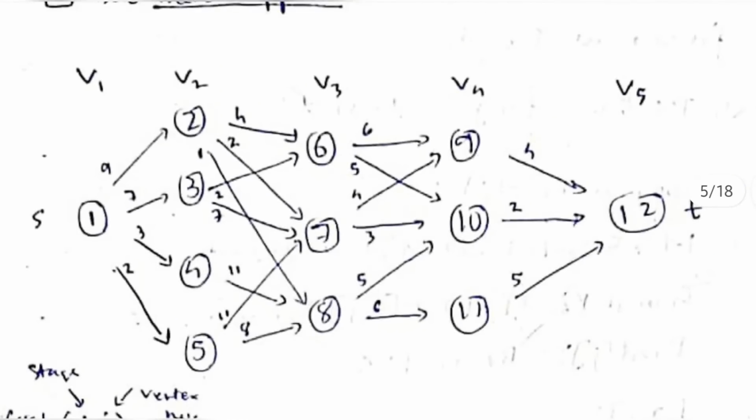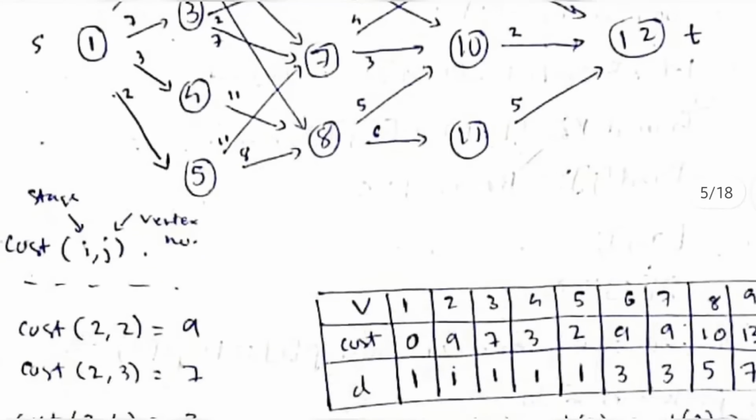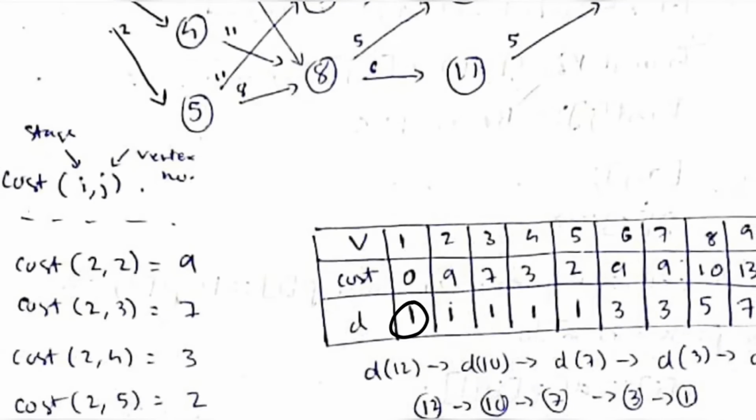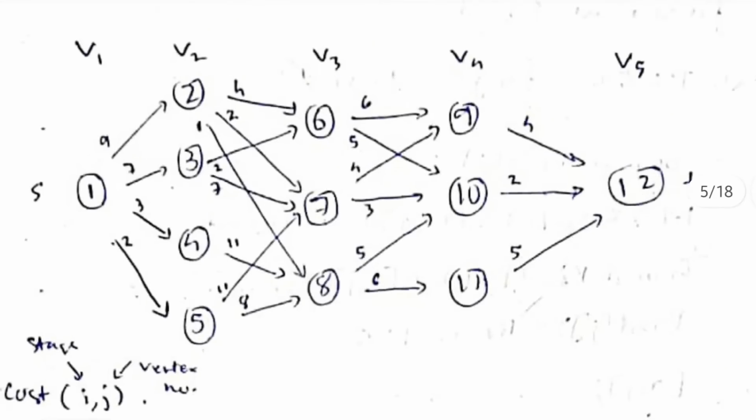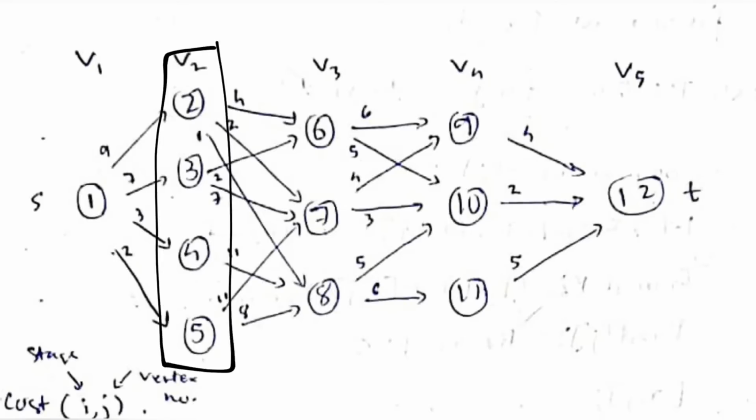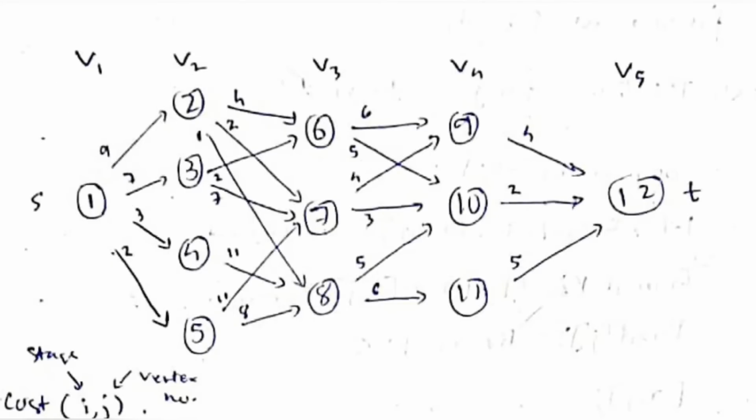Let's solve for the stage 1. For reaching from 1 to 1, what is the cost? It is 0. And where you are reaching? You are reaching from 1. So you'll be writing cost as 0, and from where you are coming, that one. Okay, and then we'll be moving on to the stage 2. In stage 2, first one is 2. For 2, from which vertex you are reaching to 2? Only one vertex is incoming. So the D will be 1, and what is the cost here? 9. So cost will be 9, and we will write 9 and 1.